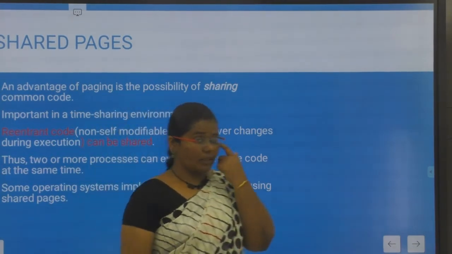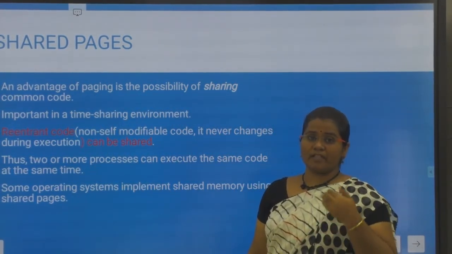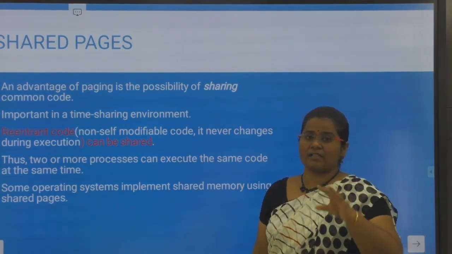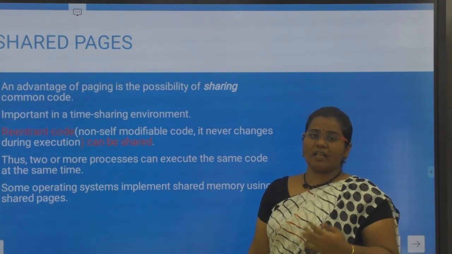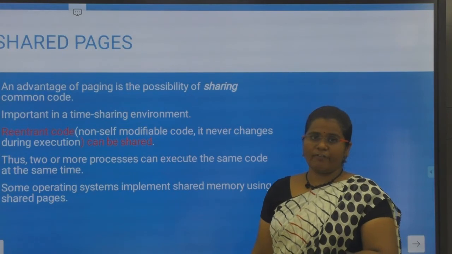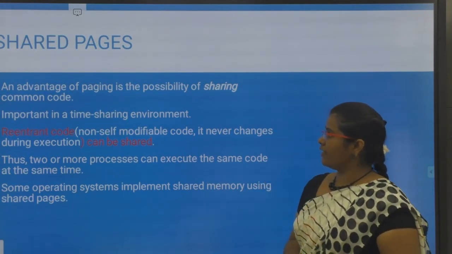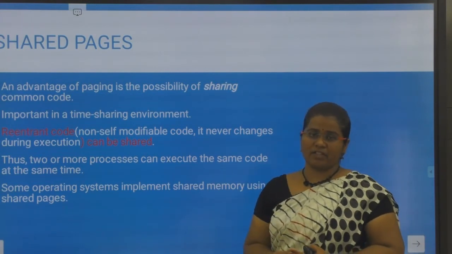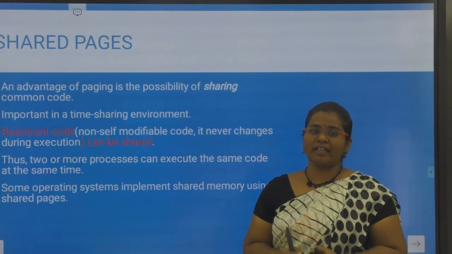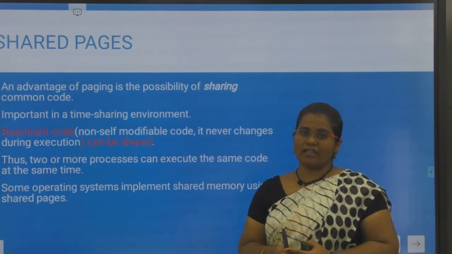Now let us go with the shared pages. If we have a large number of pages, like 1000 pages or 1 billion pages for a process, for the largest size process, one single page table may not be sufficient to store your pages. So for that you can use shared pages. Shared pages are those pages which have common data that can be shared with other processes.